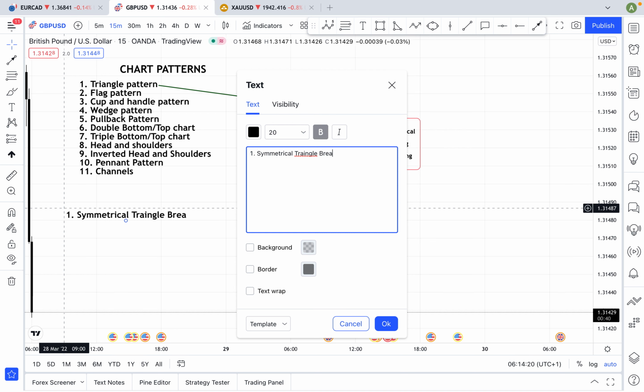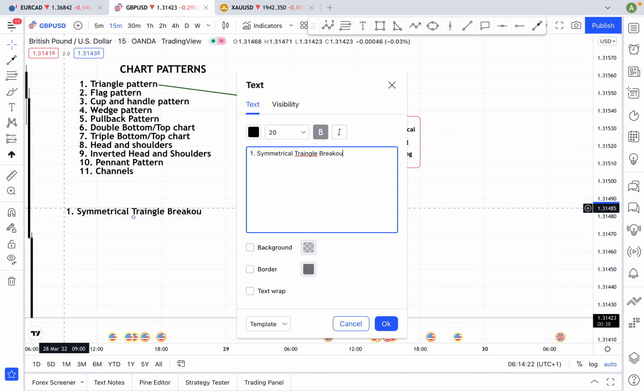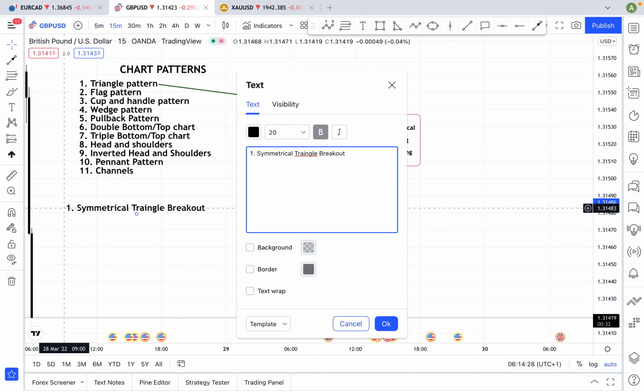Triangle breakout, because most of these things are dealing with a breakout. When we have them as symmetrical or whatever it is, it's going to lead us to a breakout, because we're going to trace the breakout. Wherever it breaks out to, be it the support or the resistance, is where we are going to head to. But each of these patterns has a way it works. Okay, so let's continue. Breakout pattern